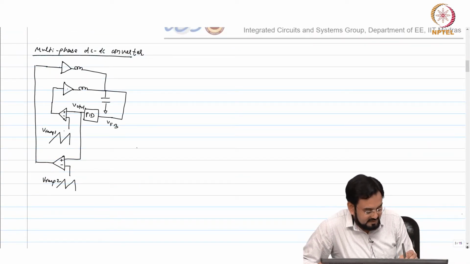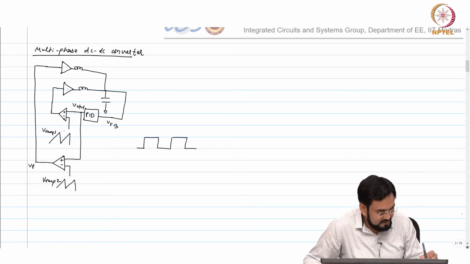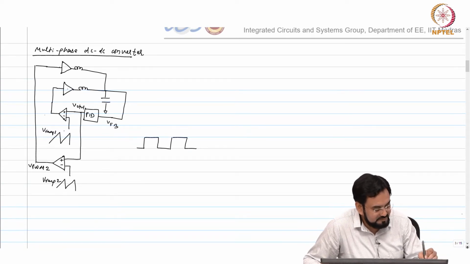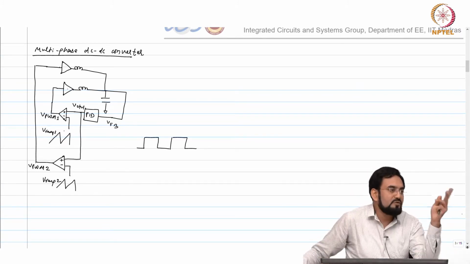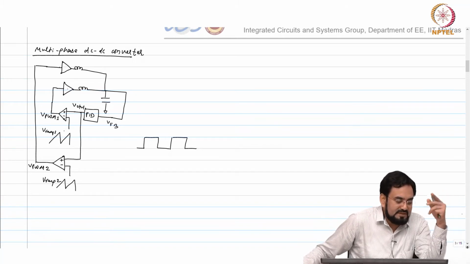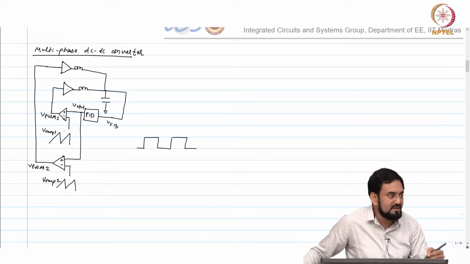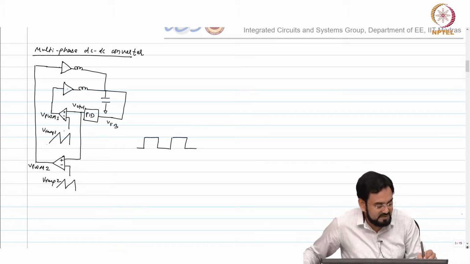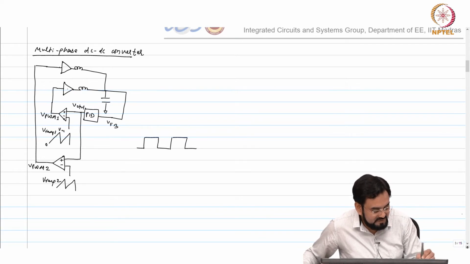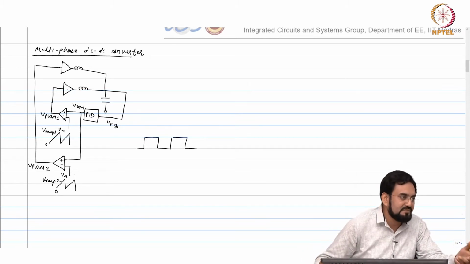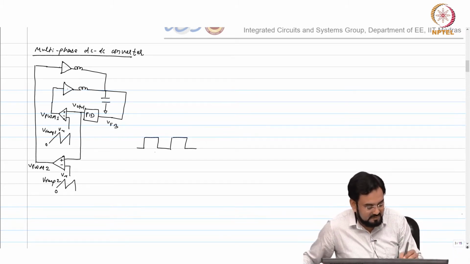So the way it is done, that VPWM2. So we have two PWMs and the duty cycle will be same. I am thinking about your V control is common and your V ramp has the same amplitude, 0 to Vm. This is also 0 to Vm. So duty cycle should be same, but we keep them out of phase.